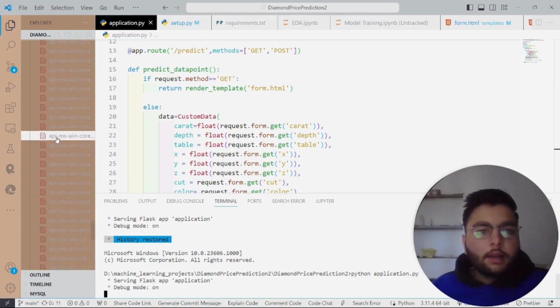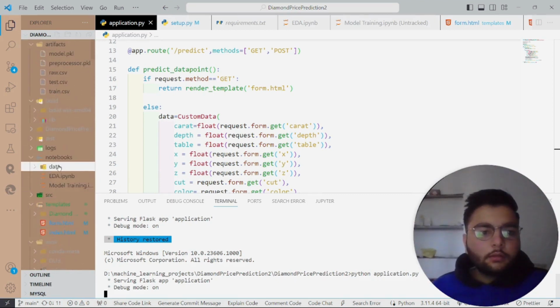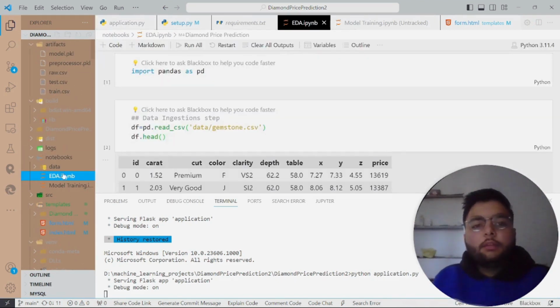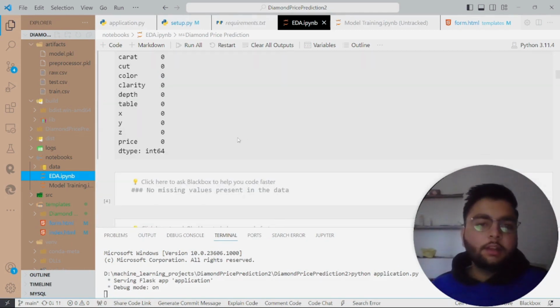Before we move ahead, I would like to discuss a few major steps while making an end-to-end project. While making an end-to-end project, you should always keep in mind the following steps. The first step, which is very important in an end-to-end data science project, is data ingestion. In data ingestion, the major thing to keep in mind is to collect the data from any required resource. It can be an article, a website, or any other resource.